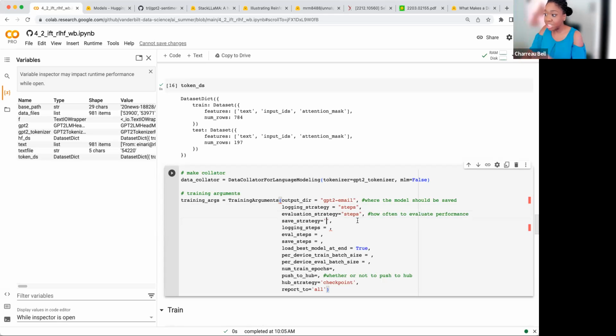And then for the save strategy, we're going to do the same thing. We're going to have it save every number of steps. So that's how often it's going to essentially checkpoint the state of your model. So we're going to have it log every 500 steps. Usually I set these, oh, shoot, wait, no. Let's have it do every 100 steps. We're going to evaluate every 100 steps, and we're going to save every 100 steps.